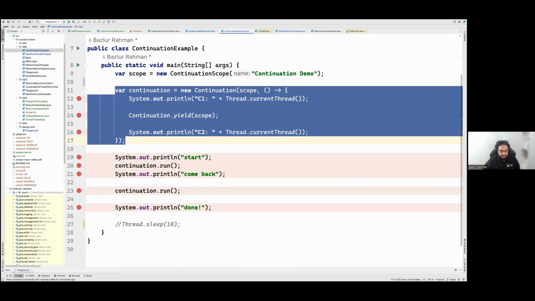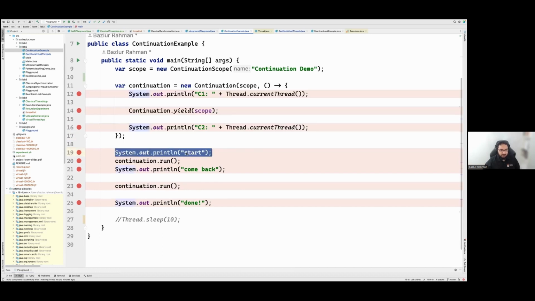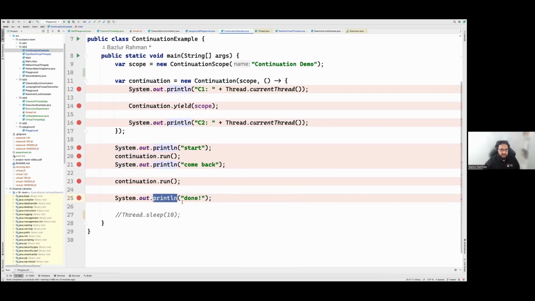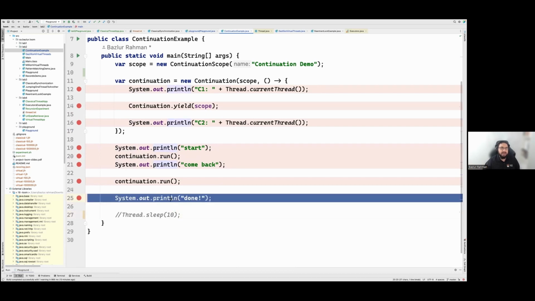Over here I have a statement which is start, and then I call the run method of this continuation, continuation.run, and then I have another print statement.